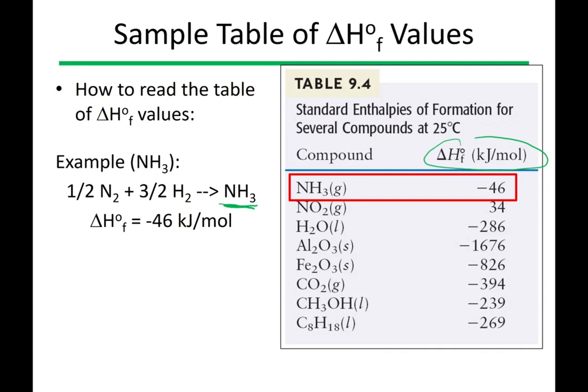make it from elements. So remember, nitrogen and hydrogen are diatomic elements, so we have to use N2 and H2, and this is why we sometimes see these weird fractions in equations, because in order to get this to work from just elements, we have to use fractional versions of H2 and fractional versions of N2 to get exactly 1 mole of NH3. So this value right here means negative 46 kilojoules per mole of NH3 formed, but that also